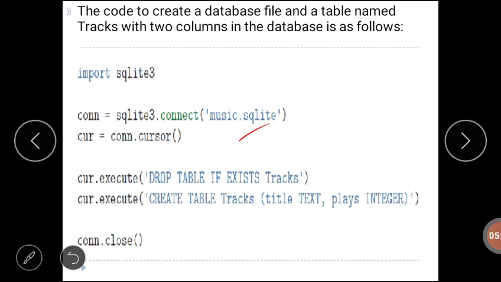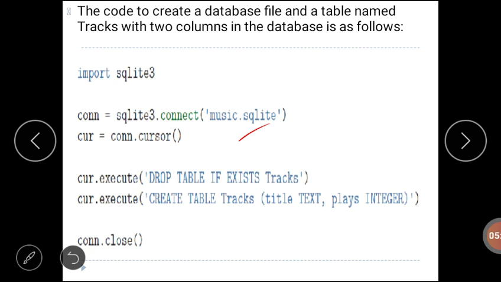Sometimes the database is stored on a different database server from the one on which we are running our program. But all the examples we are discussing here will use a local file in the current working directory of the Python code. Next, the cursor method.